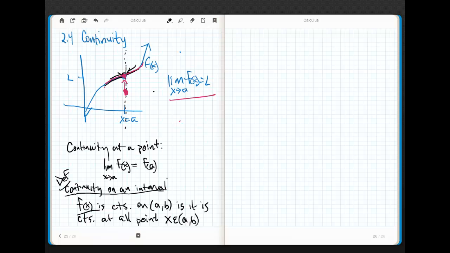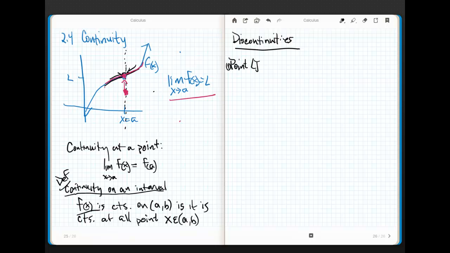Okay, now let's talk about some discontinuities. Hopefully we're starting to wrap our brains around what continuity means. Now let's talk about discontinuities for just a sec, because there's a few types, and you're going to have to know what those look like. All right, so the first is called a point,